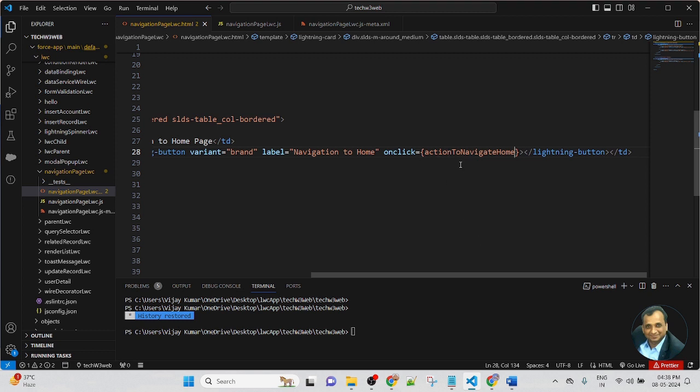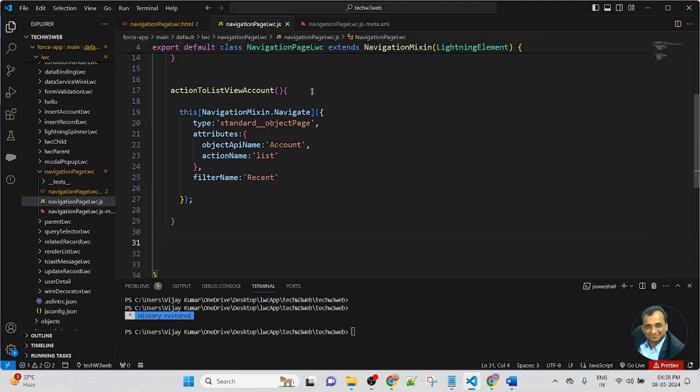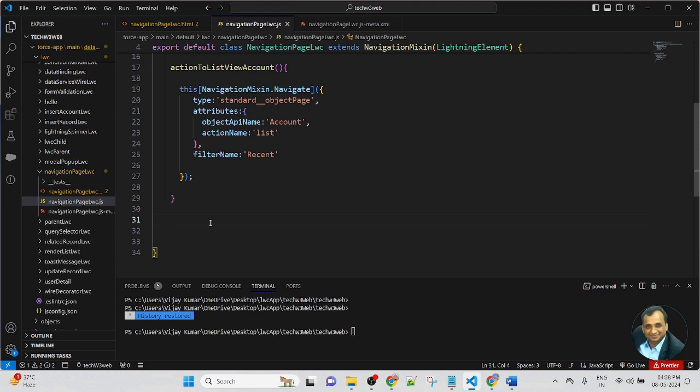Now I am creating the action to navigate to the home page. Copy the name of the function and go to the JavaScript file. This is the function that was created in the previous lesson. I will create another function for navigating to home, and add a comment: navigation for home page.